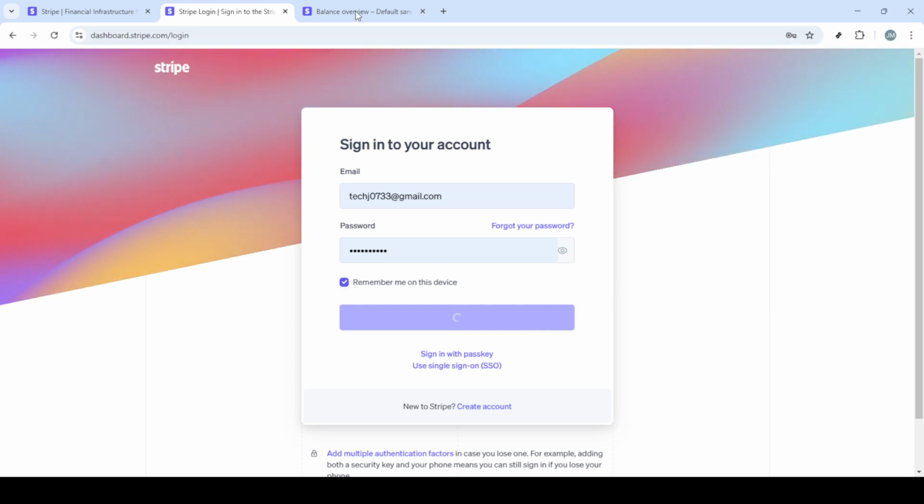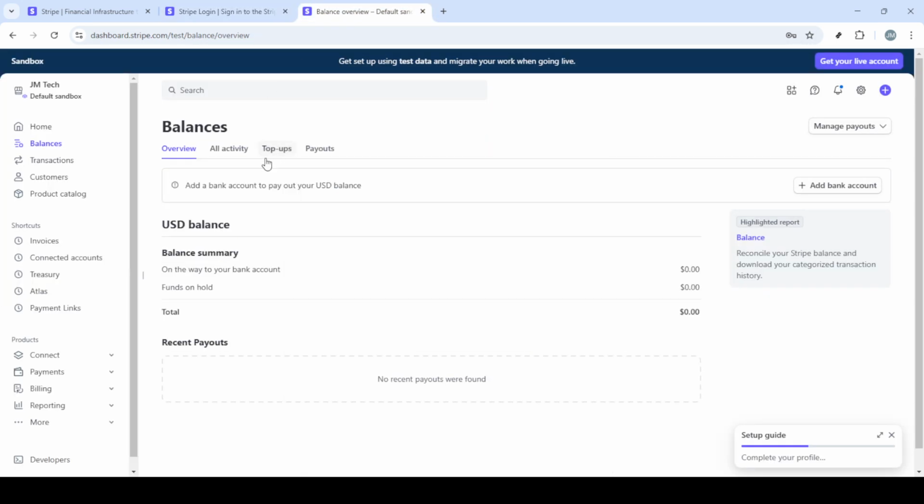First, you'll need to head over to the Stripe website. Make sure your device is connected to the internet and open your preferred web browser. In the URL bar at the top, type in stripe.com and press enter. Once the homepage is loaded, look for the sign in button, usually found in the top right corner, and click